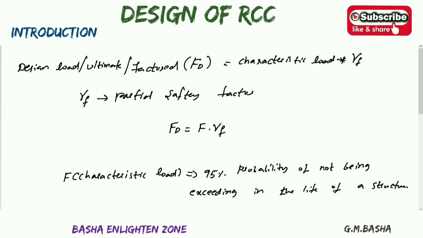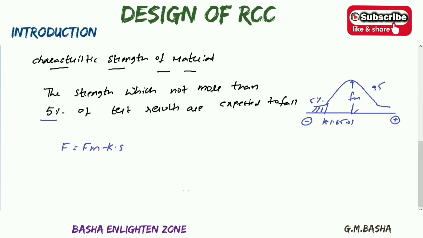Here not more than 5% of the test results are expected to fall, means we are taking up to only this 5% and we are not taking above this 5%. So therefore we are taking from here minus 1.65, and at the same time design load is greater than average, and again design strength is